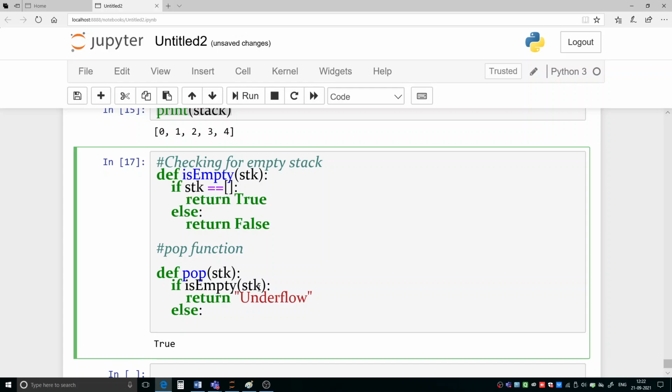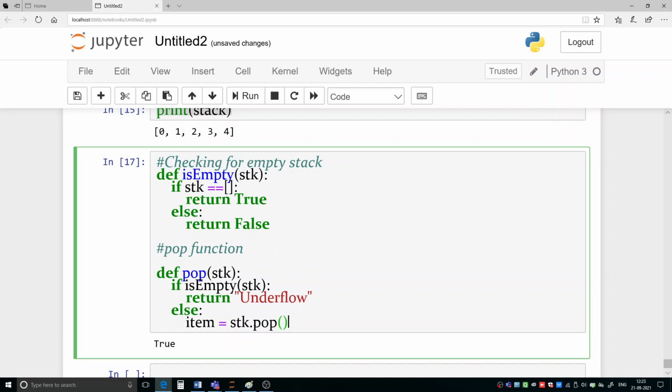So here we can write, else, now we have to perform popping because elements are there. So we can write the popped item. What item have we popped? So item equal to stk dot pop. Got it or not?